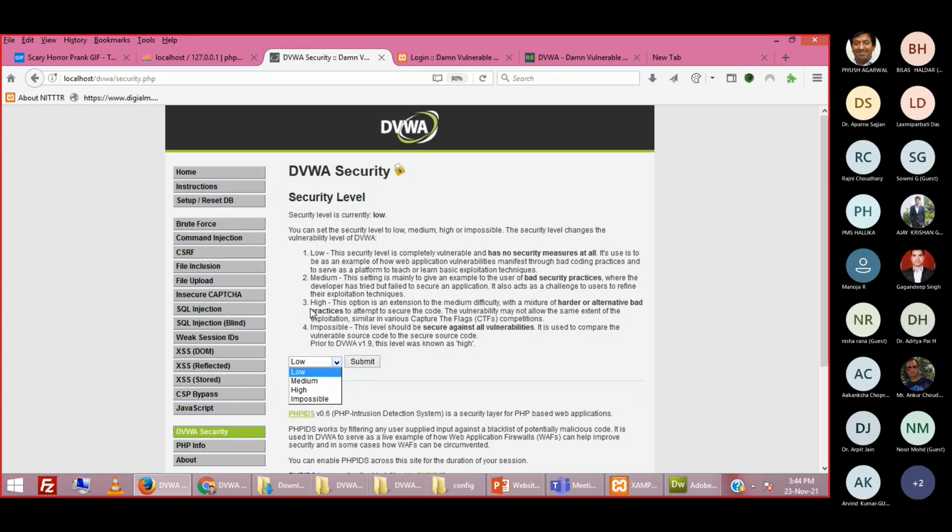Because we are learning, we are in the beginner phase, so you have to select low. So it will create the challenges at low level. Otherwise, if you become an expert, you can crack all the challenges with the impossible or high level mode also. So please set this security level to low.